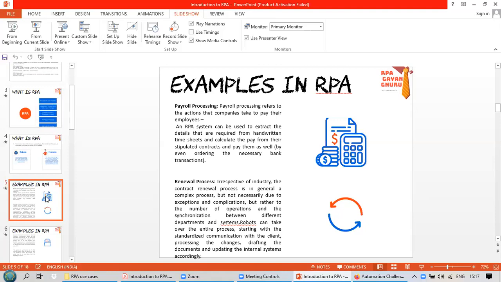Everybody goes to office, they get a salary, right? Behind the scenes, there's a manager who actually calculates the salary based on what is there in your offer letter, how many leaves you have taken, and what tax information you have given. So based on